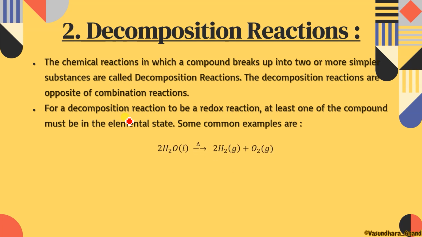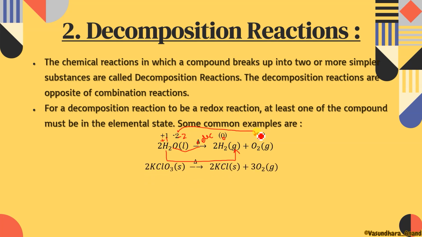Let me show you. Like 2H2O, this is not heat, sorry. Here it is electrolytic, electricity. So if we pass the electric current, this H2O gets dissociated into H2 and O2. In H2O, hydrogen is in +1 state and oxygen is in -2 state, isn't it? But in this case, it is 0 and here also it is 0. So this +1 to 0 means reduction, and this -2 to 0 means oxidation. So you can say that it is a redox reaction.